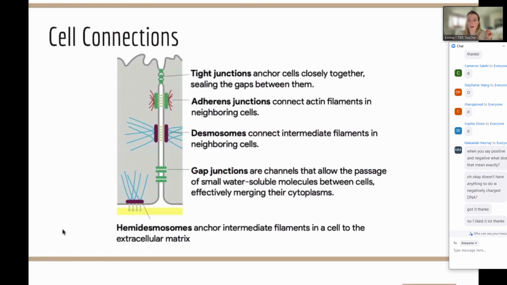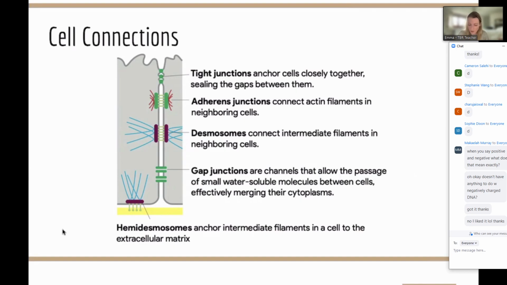So when we think about these different connections or different filaments that are going to be coming into play, we talked about what they're doing when it's just one cell, but we can also have cells that communicate with each other, cells that live near each other, cells that are connected. This is definitely important in our physiological tissues. And so obviously we have to have interactions between these cells.